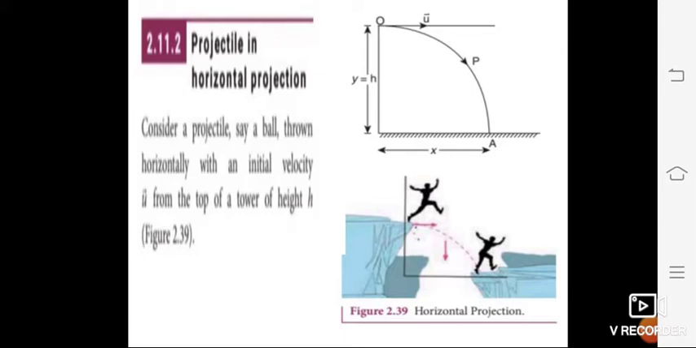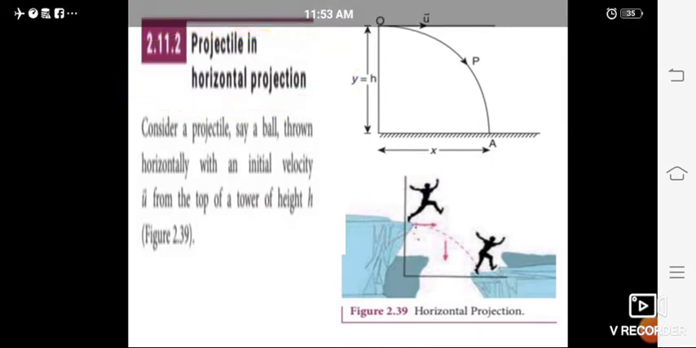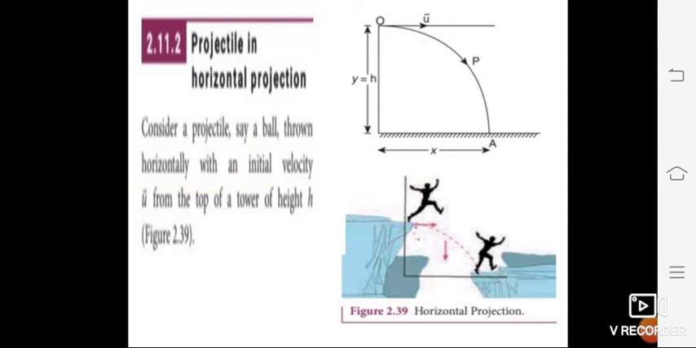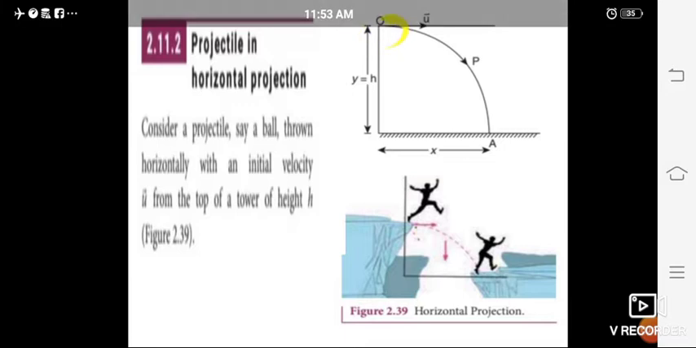Students, followed by the projectile motion. Now we are going to discuss a very important 5-mark question, that is a projectile in horizontal motion. Consider a projectile. We consider a ball thrown horizontally with an initial velocity, a ball thrown with a horizontal velocity